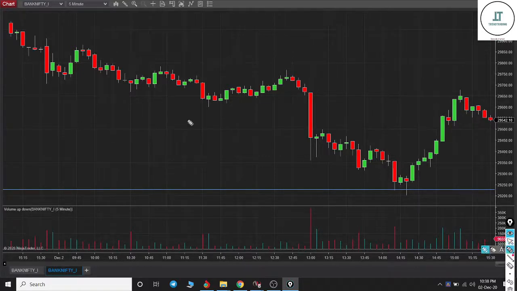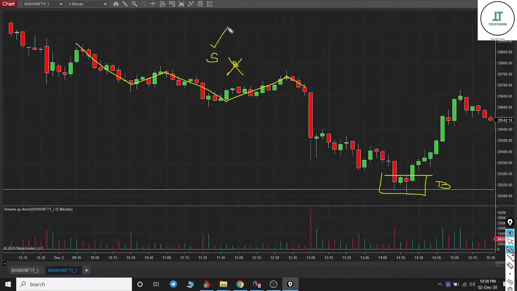Clear? So in the morning, what we came to know is that sellers were dominating, and when price came down here, we came to know that buyers are slowly dominating. That means this is the point. If sellers are dominating, we should not plan for any buy trade. We should focus only on taking a short side trade. And similarly, when price comes down and reverses, we come to know buyers are showing strength. We only need to plan a buy side trade. We should not take any kind of short side trade. Clear?